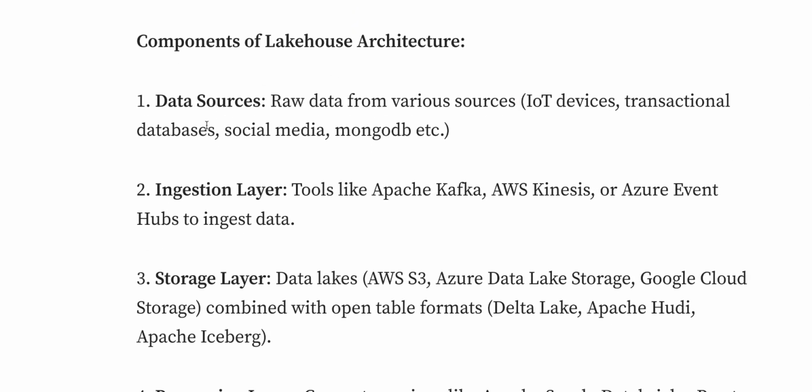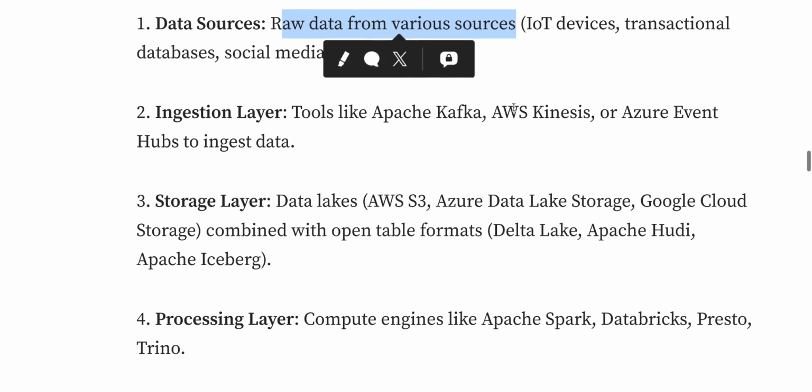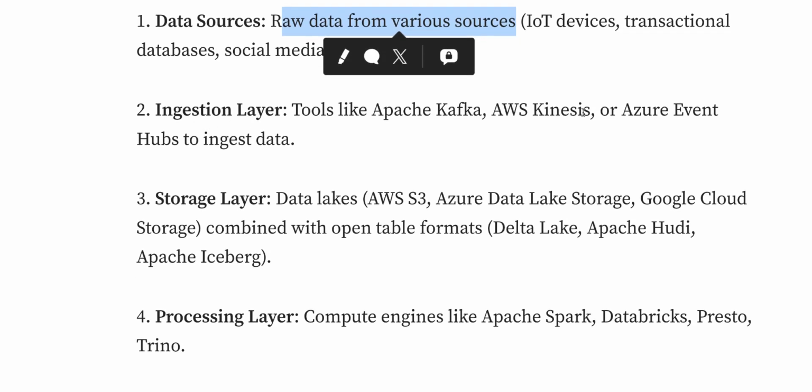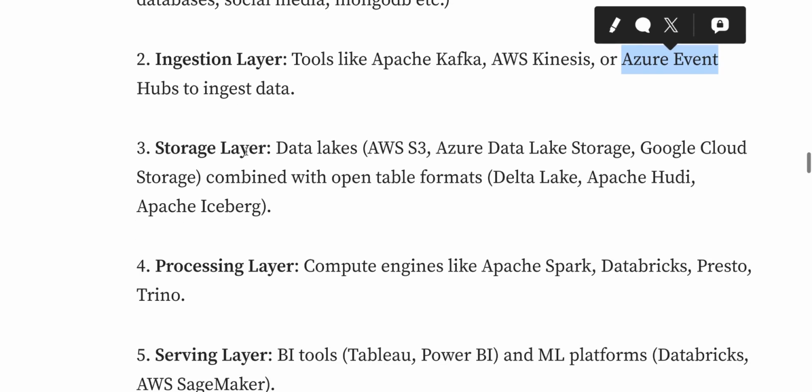When I talk about components, it can have the data source, which I talked about, raw data in various formats, then the ingestion layer like Apache Kafka, Apache Kinesis, and Azure Event Hub, ingested into the data storage layer, which is very important. So data lakes: AWS S3, Azure,